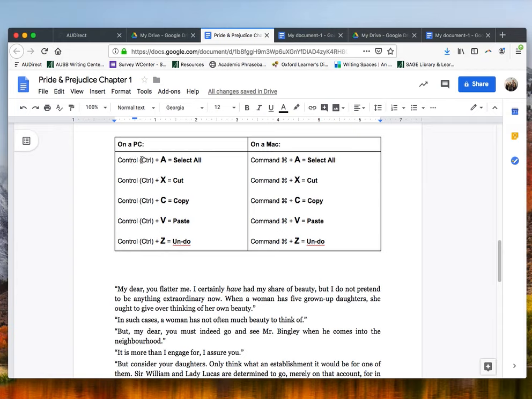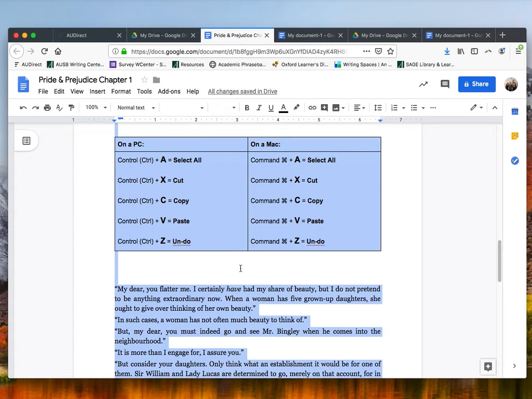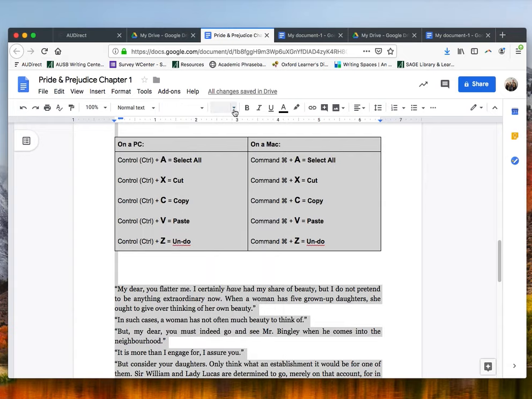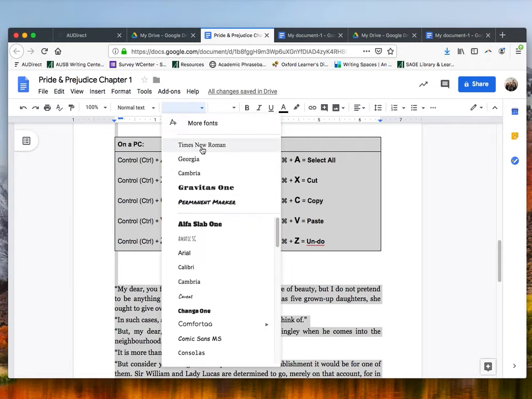On a PC, you hold down the control button while you're pressing one of these other letters, and on a Mac, you hold down the command button while you're pressing one of these other letters. So first, let's try select all, where you hold down control or command, and that selects everything. So that way you could change the font to one font style or one font size all at once. After you change your font,